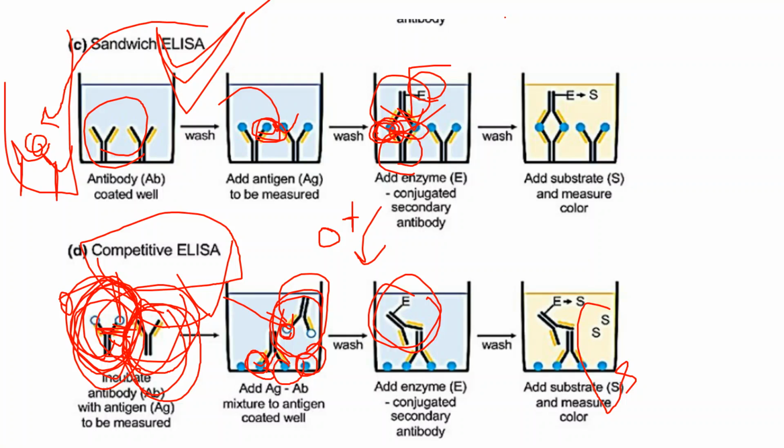If we know that, like, X disease has two types of proteins which have a very high upregulation, right? But that antigen will be more sensitive towards the one, so they are adding the second antigen also. If the concentration of that antigen is very high in that serum and they have a very high affinity, then these will be removed and this antibody will bind to this particular antigen. So because there is a competition now, whoever has the high affinity will go and bind to that high affinity protein. So we call it competitive ELISA.